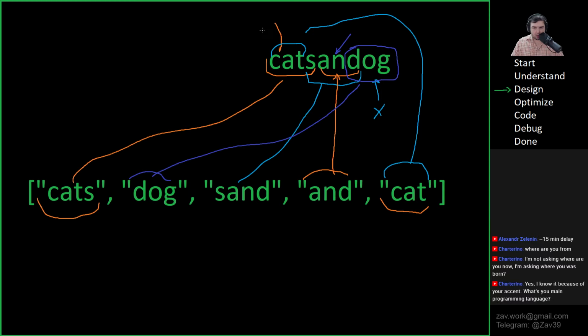We start with the first letter, and we look for the words in our dictionary that start with this letter. In the worst case, all words in our dictionary will start with this letter. So for example, all of them will start with the letter C, and there will be a lot of options. So let the length of